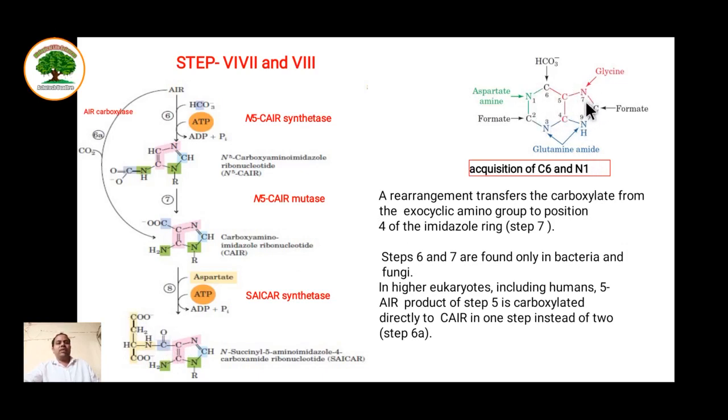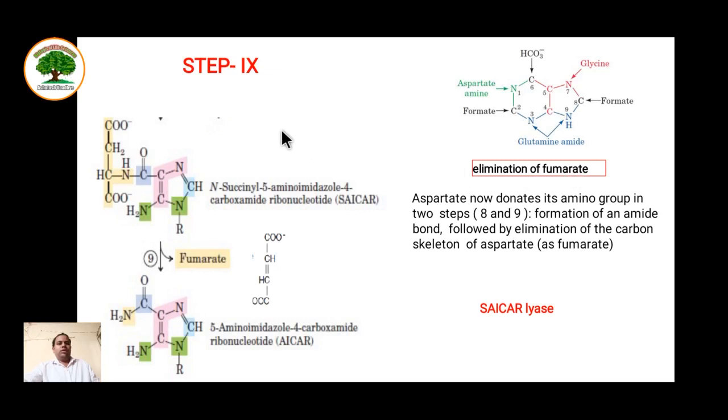Now this pentameric ring is already formed and there is a building of the hexameric ring taking place. So here the SAICAR intermediate that is formed in the last step is added, and fumarate is removed from here, and only this amino group or amine group of this compound is left here at this position. The enzyme here is SAICAR lyase. It breaks this and forms 5-amino imidazole 4-carboxamide ribonucleotide, AICAR. It is shortened as that, and this amine group is attached at this position.